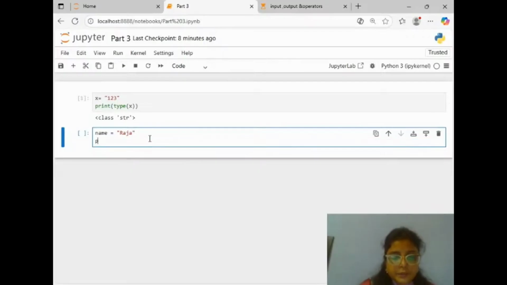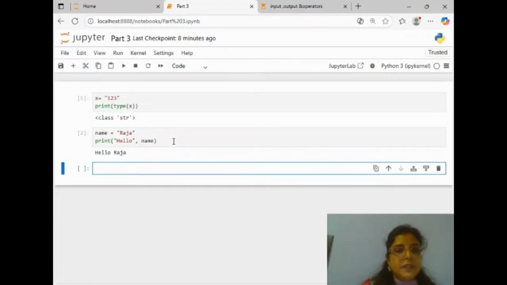Then print, use the print function here to show the output because we are learning about output and input function today. If I say hello and then name. So let's see how it will work. Just shift enter. Hello, and the name is Raja because I have given the name Raja.